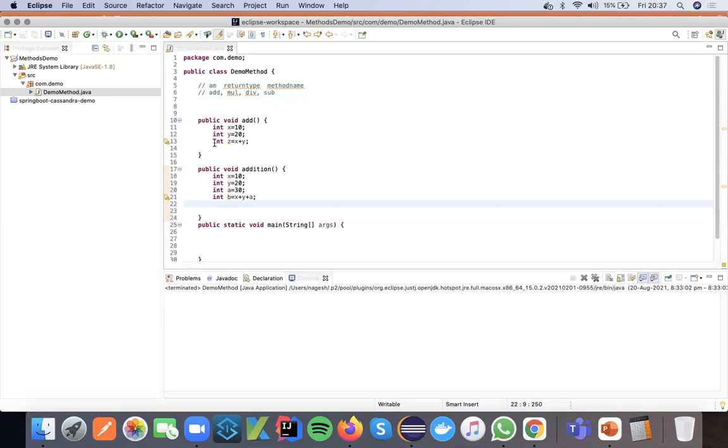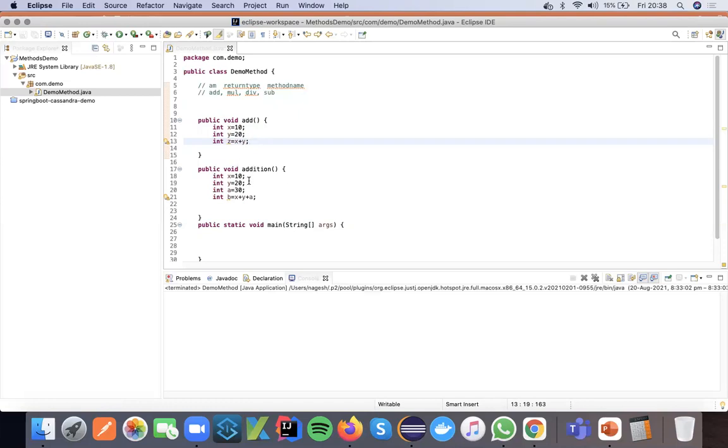In the first method we are performing the addition operation, and in the second method we are also performing addition operations. If you see these two methods, first you have declared the variable, and this needs memory to store that value, and this needs memory as well.